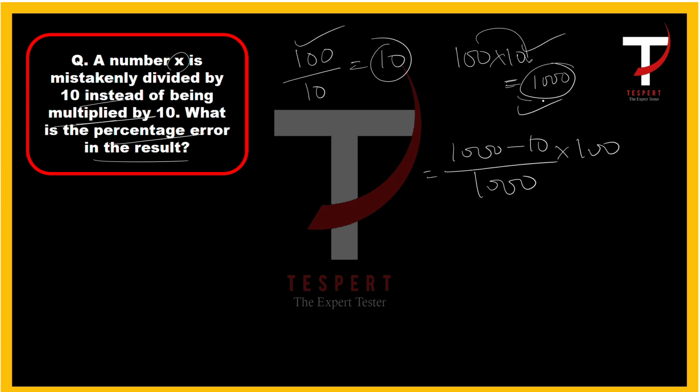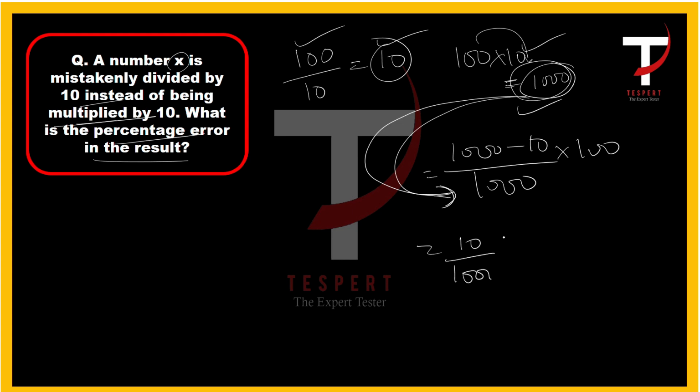right? Why have we taken 1000? Because this is the value which must be. So we should have gotten 1000, but we got 10 because of making this error. So 1000 minus 10 by 1000 into 100, which is equal to 10 by 1000 into 100, that is equal to